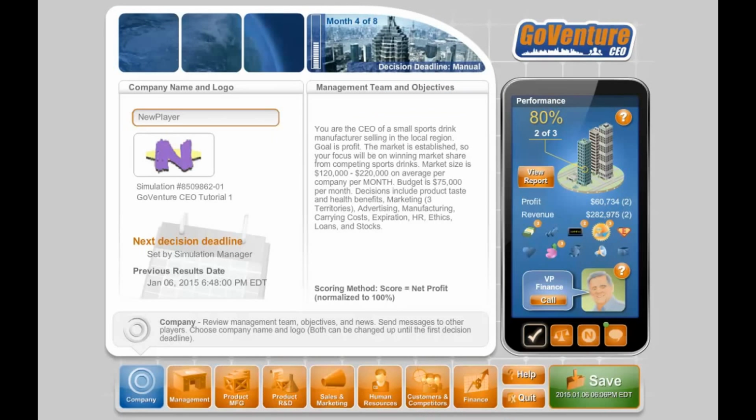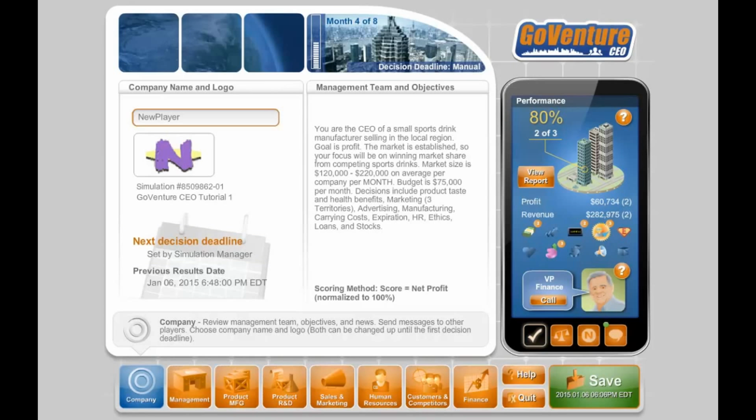At the beginning of every period, you must decide where to allocate your budget in different business functions of your company. You can navigate to the different business functions by using the orange business menu at the bottom. Right now we are on the company screen. This is where you would name your business and choose your logo. You can also see when the next decision deadline is. The decisions deadline is the date and time by which you must make and save your decisions for the current business period. You might see an actual date and time there, or you might see some other message.